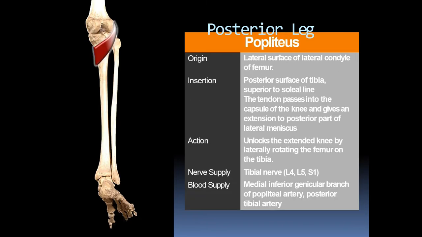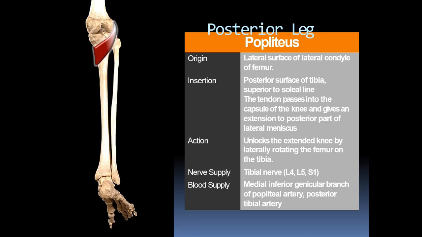Popliteus muscle takes origin from the lateral surface of the lateral condyle of the femur. Inserts to the posterior surface of tibia, superior to the soleal line. The tendon passes into the capsule of the knee and gives an extension to the posterior part of the lateral meniscus. The action of the popliteus muscle is it unlocks the extended knee by laterally rotating the femur